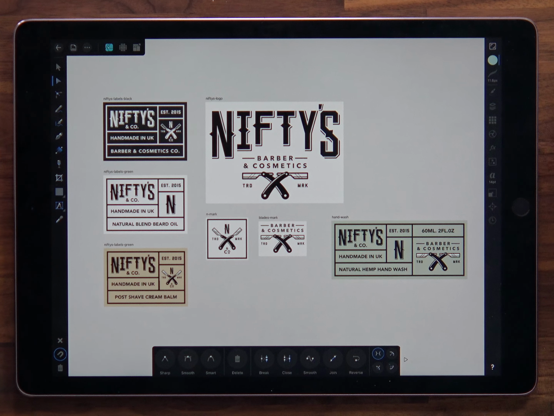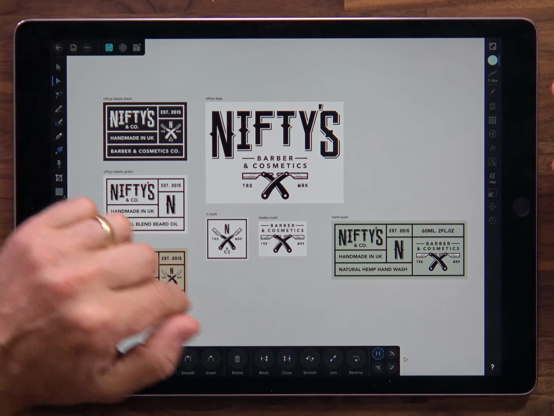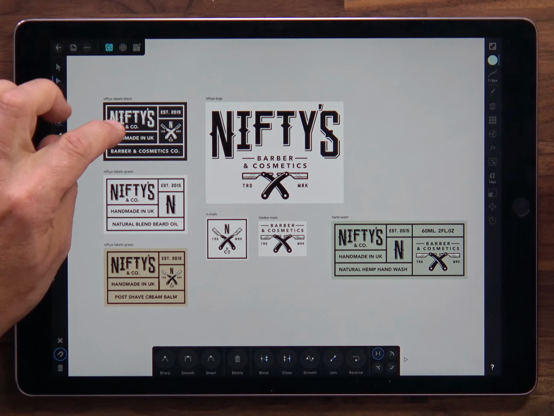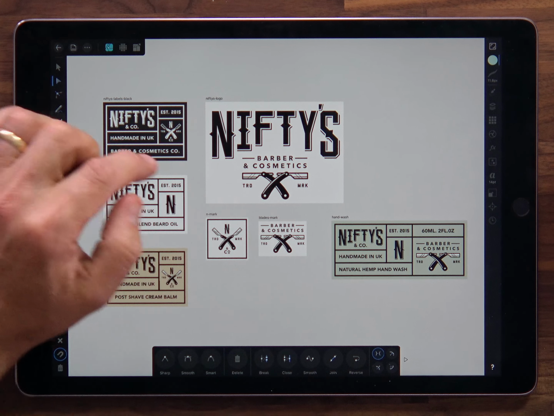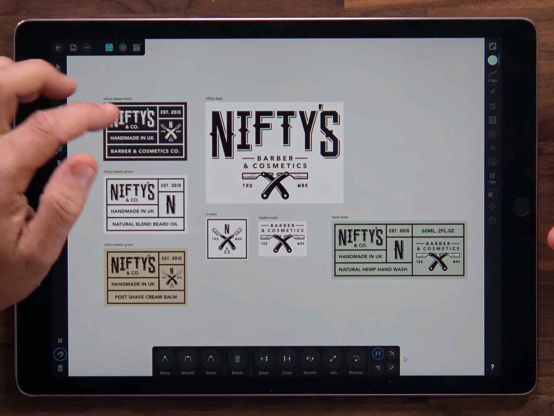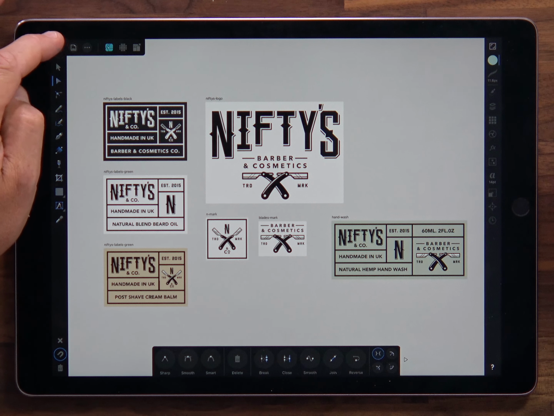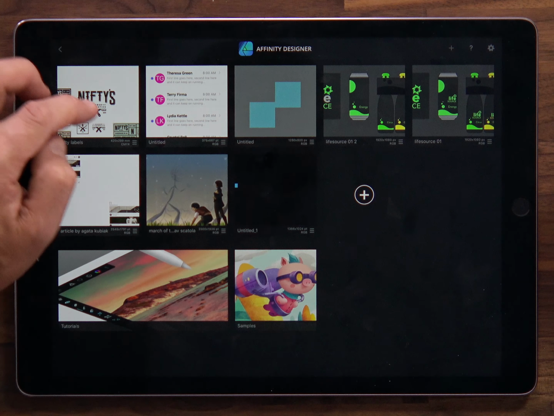So artboards are completely separate design areas that you can store in your document. You can use them for mock-ups of web pages, print pages, and also for device mock-ups too. Just look at this particular example here, we have this kind of marketing branding of these labels here, and what I want to do is simulate this quite quickly just to get an idea how artboards work. So if I create a new document,